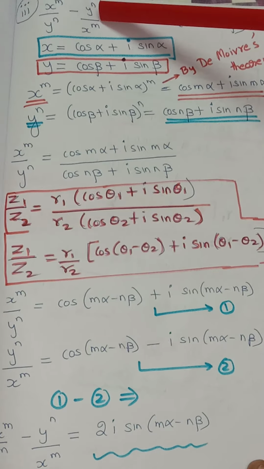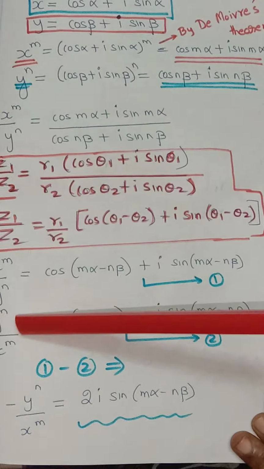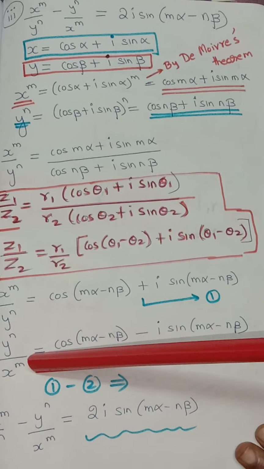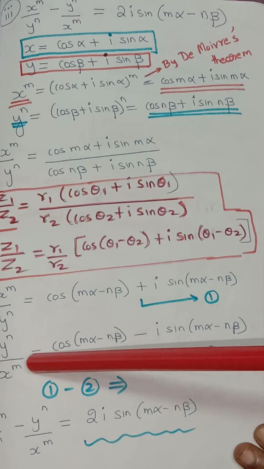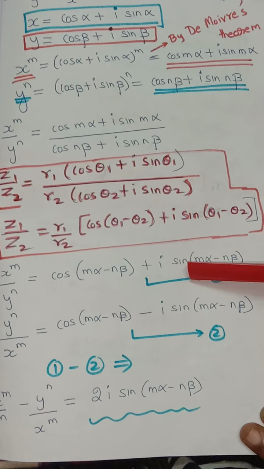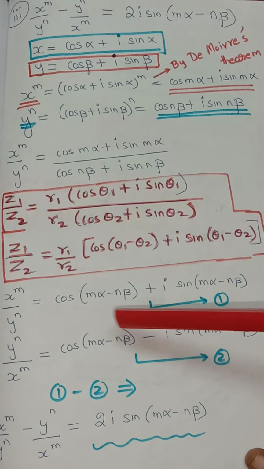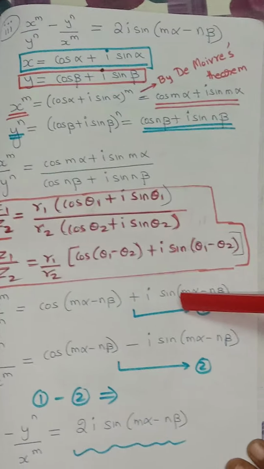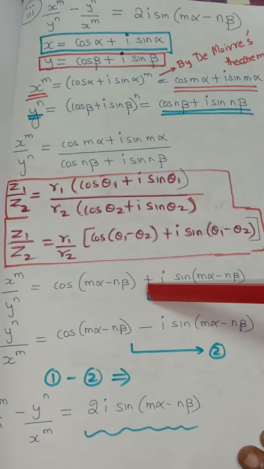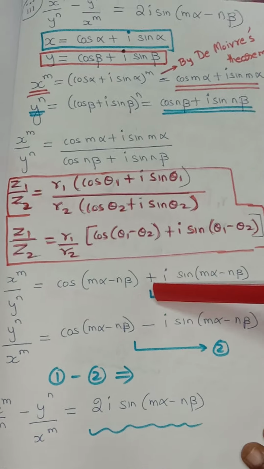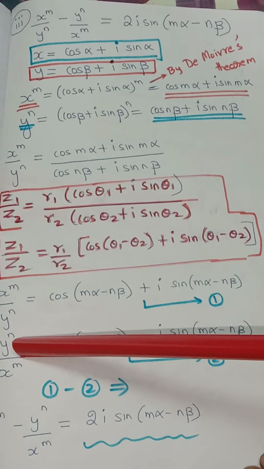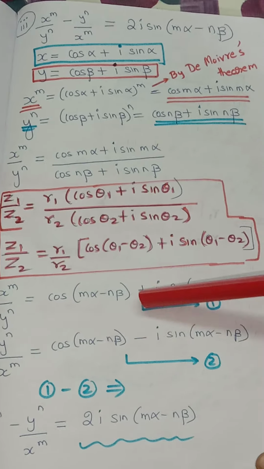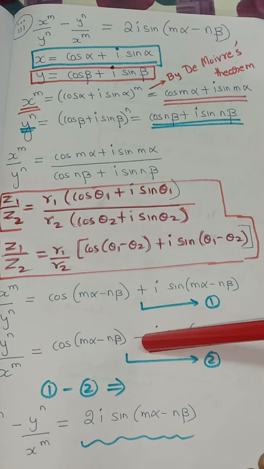Now see the next term. The next term is y^n / x^m. Actually, this is the reciprocal of the first term. I told you, whenever it is reciprocal, first you check the modulus. Surely the modulus will be 1 because cos square plus sin square is 1. If the modulus is 1, what did I say? Just change the sign in between. Write the conjugate. So easily I can find the value for y^n / x^m. Instead of plus, I have to write minus.